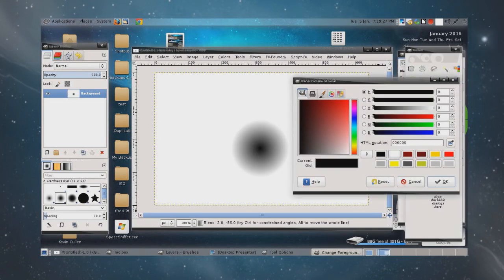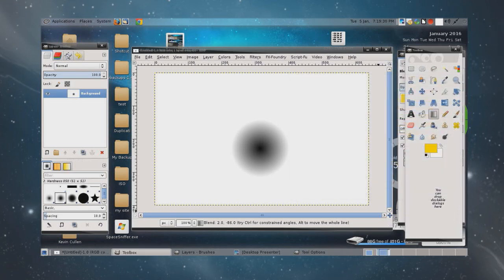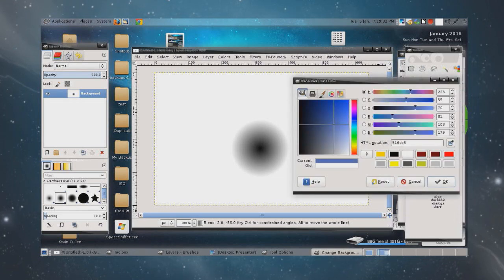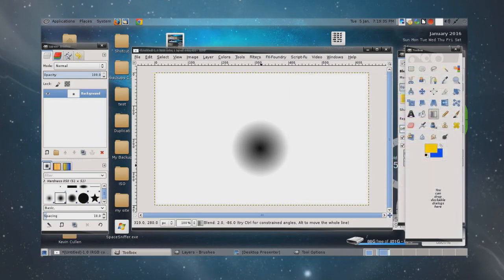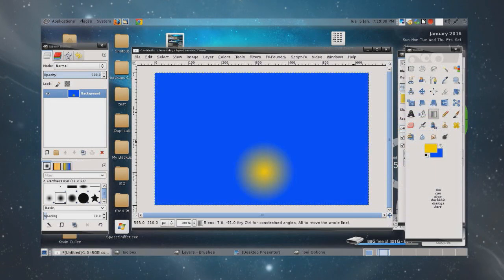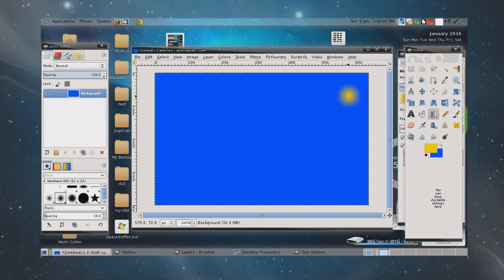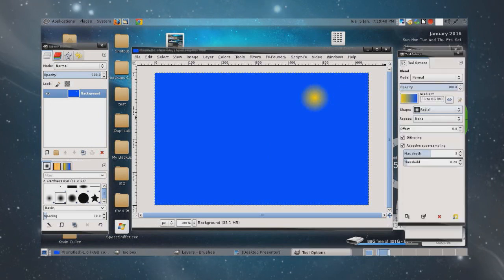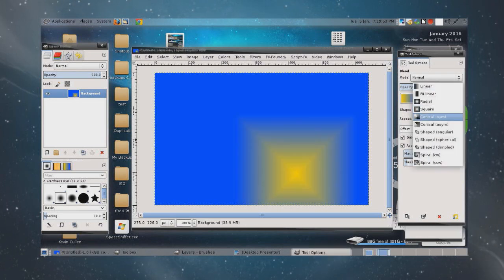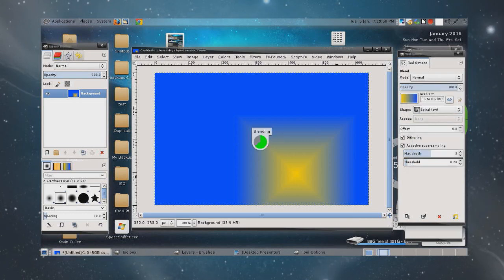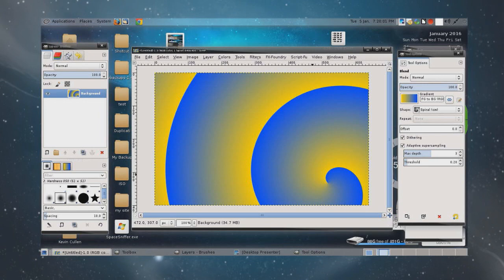So again, change your colors. Let's go with the yellow, and let's use blue. Right? There you go. So we got a nice little sunshine up there. Paint a pretty picture? Yeah, you could do something like that. So this is just to give you some ideas of what you can do with this tool, not to give you project ideas, but go through all of these different options and see what is going to work for your project. It's a really simple tutorial just to show you the tool, but that is called the Blend tool